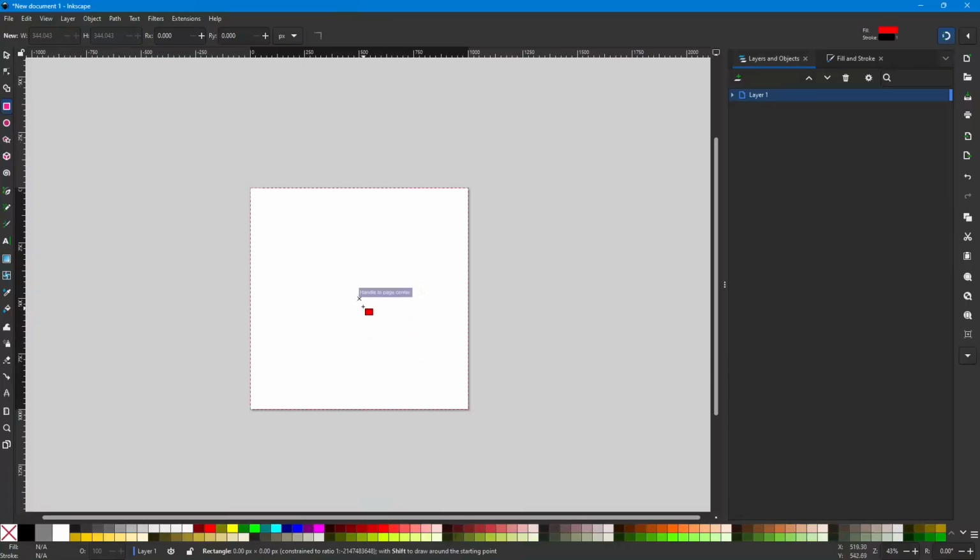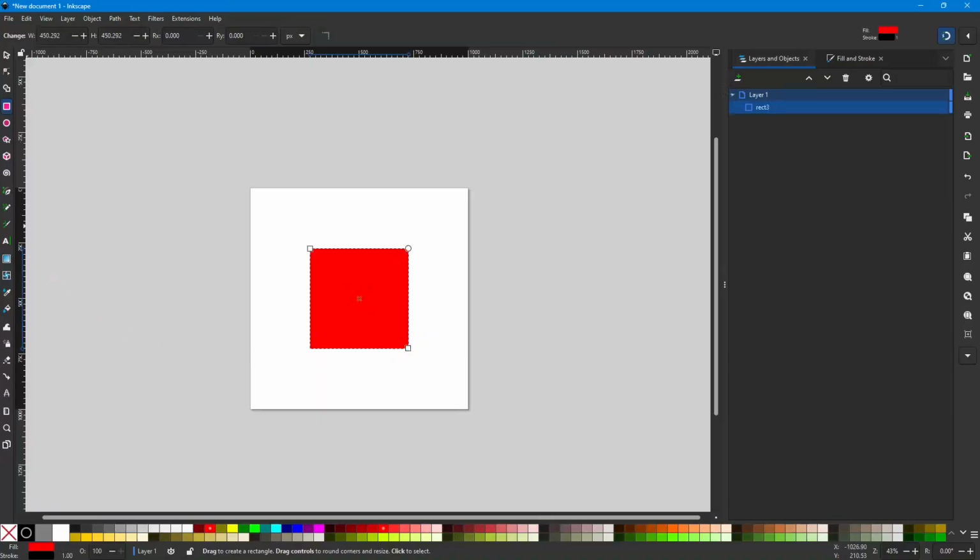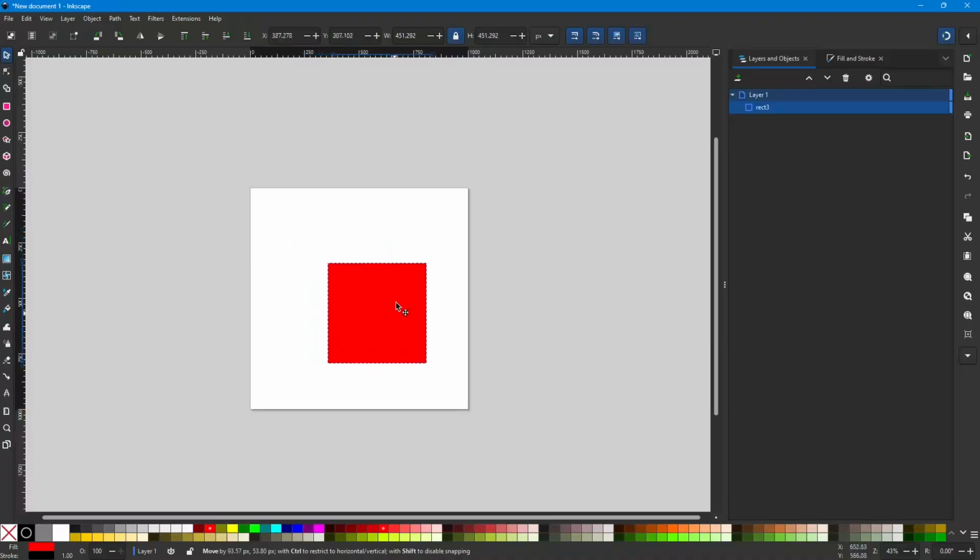Now if you want it to draw from the center out in all four directions, you hold down Control and Shift, and then you can drag down and to the right and you'll get a perfect square. So that's why it's called the square/rectangle tool. You can draw rectangles and squares with it very easily. Once you get it drawn, you can just hit your S key on your keyboard, or you can come up here and click the selector tool and it will